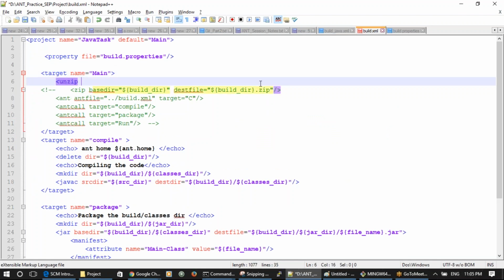Unzip, source is source directory dot zip. Now dest is the directory, so without the extension,